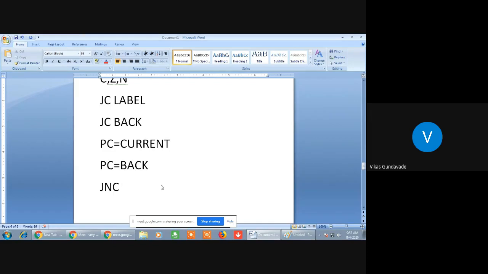So here we write JNC BACK, where BACK is a label. If the carry is not set, then only the jump will take place to the labeled location. Otherwise, it will execute the next instruction.